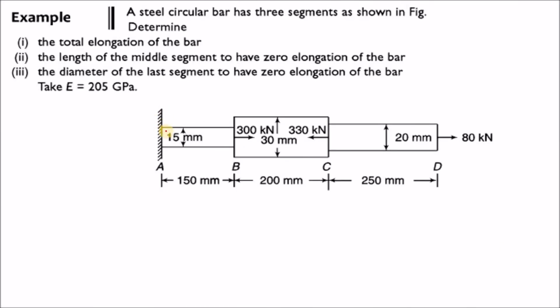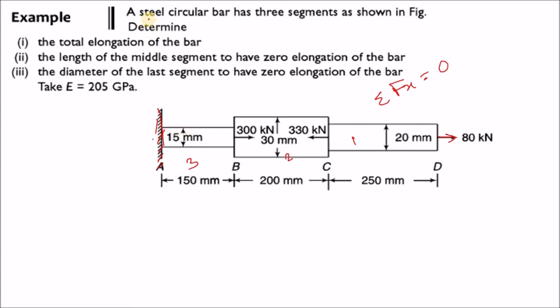In this question, one side is fixed. We need to find the reaction force here. Similar to that, in this problem we should start making segments from the right side, because the left side is already fixed. So we will find the reaction force. There are two ways to find the reaction force. One is by equilibrium of each section 1, 2, 3. Otherwise you can take summation of Fx equal to 0. From that also you can find the reaction force here.